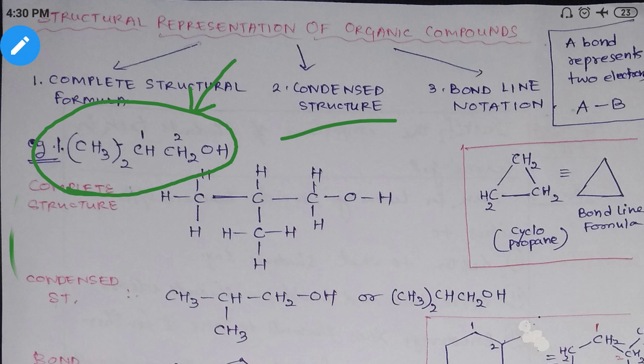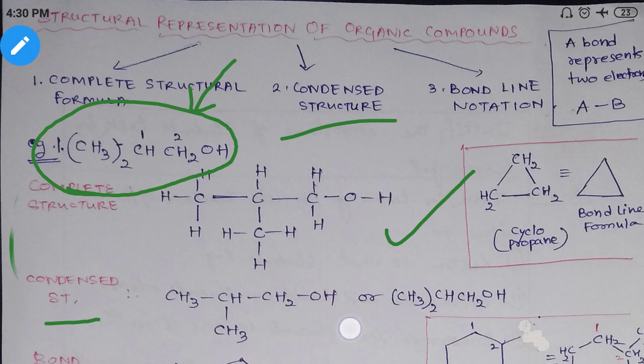In the condensed structure you will not show bonds, not between carbon and hydrogen. You have to show only the atoms, be it the functional group, oxygen, any atom, carbon, hydrogen. In condensed structure representation, you show only the atoms and not the bonds between carbon and hydrogen, whereas in structural representation the bonds are shown. So this is the difference. So how can you write? I told you earlier about CH3.